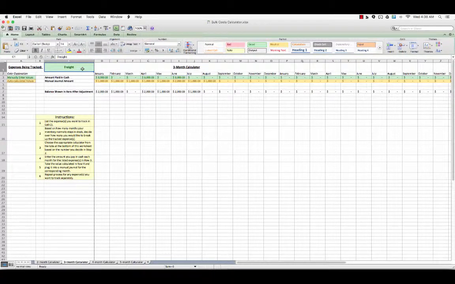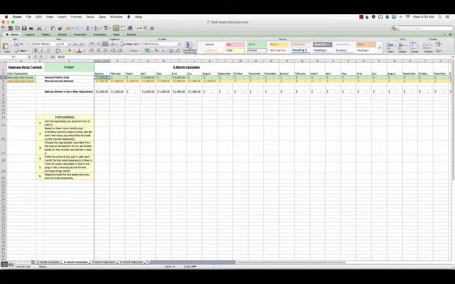You also have freight that it's really hard to track at the per unit level. You pay per shipment, and it really can change dramatically depending on how many units you have in the shipment. So freight seems like a really good candidate for the bulk cost calculator treatment. And so what you'll end up doing, just explaining this to you, you see the instructions down here, but